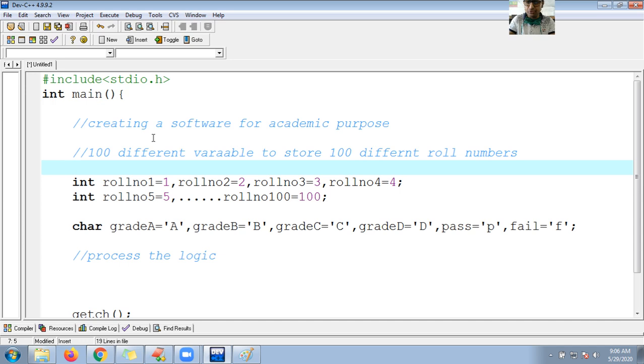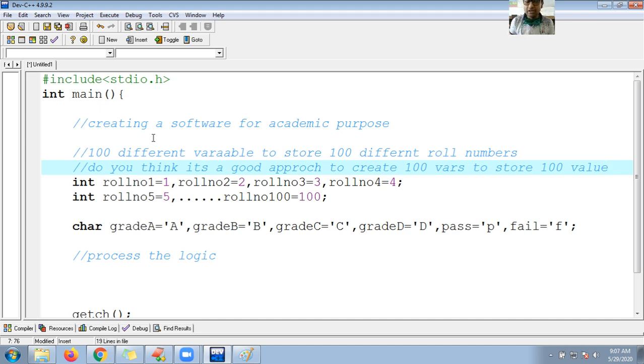Do you think it's a good approach, guys, to create 100 different variables to store 100 values? What if you have 1000 variables? What if you have 10,000 values? To store 10,000 values, will you create that? Yes, to store 10,000 values you need to create 10,000 variables.